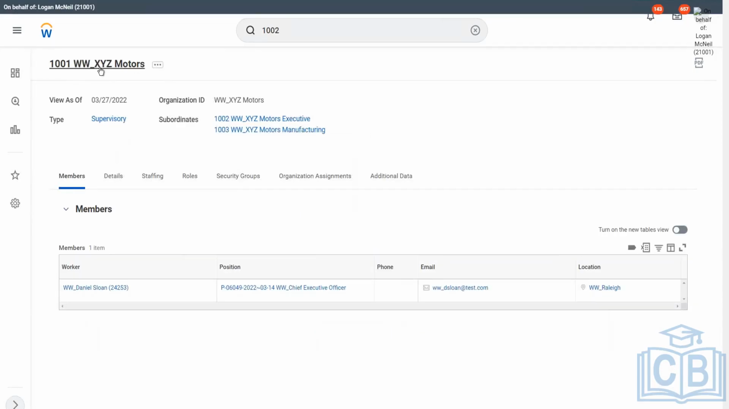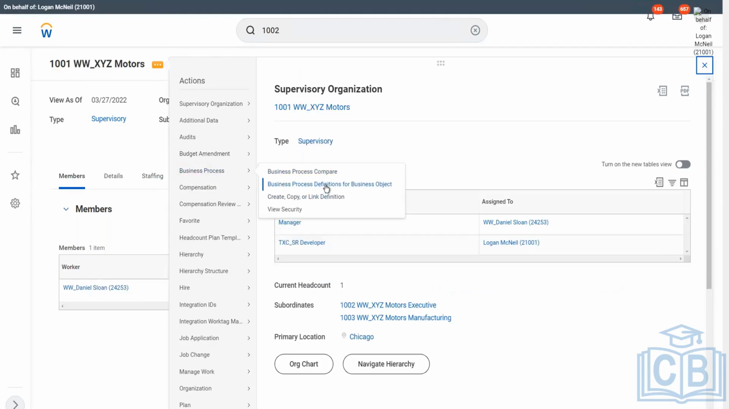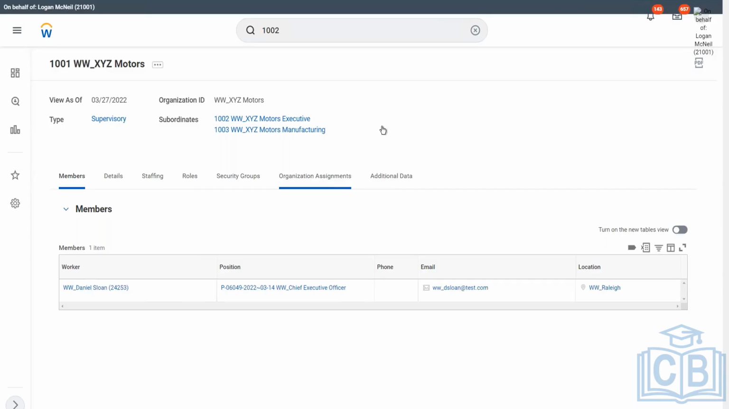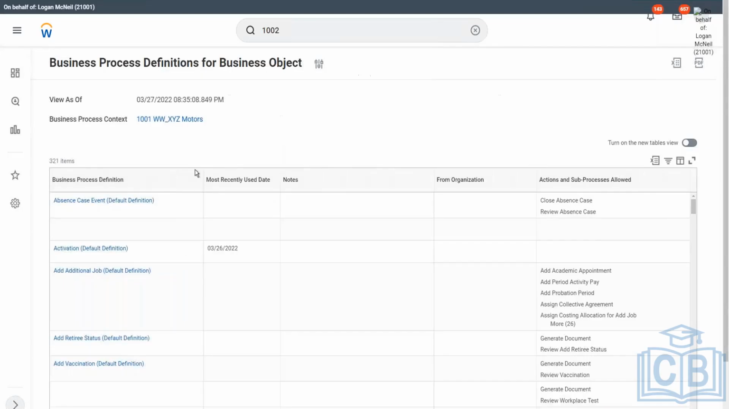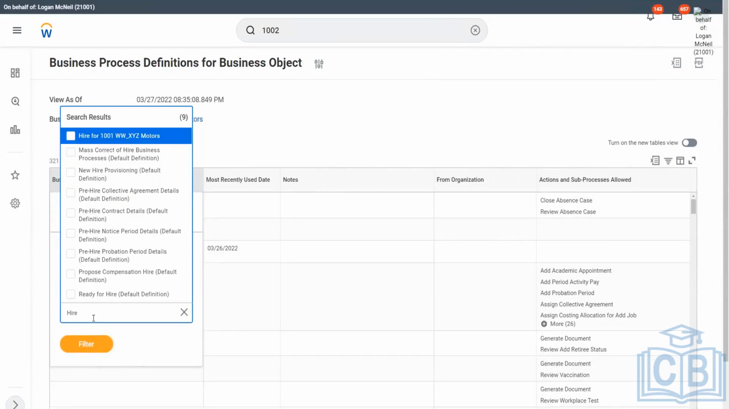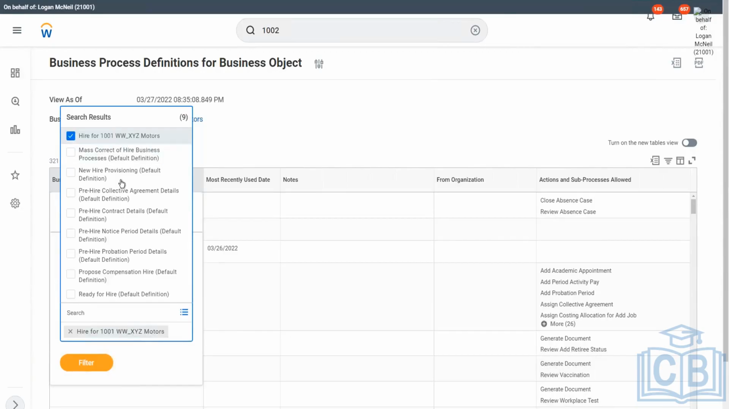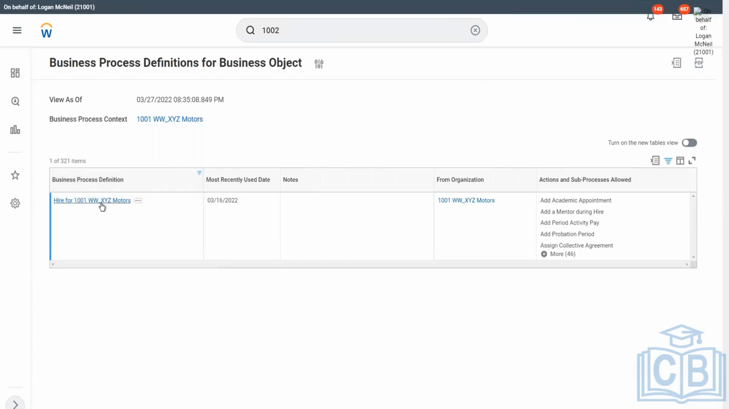I will go back to the top level organization, that is Kiss Motors, and I will go to business process. Business process definitions for business object, I will go there because I know for a fact that we have already created a hire business process definition. I will just check that. Hire for the 1001 XYZ Motors. We have already done this. As part of our second chapter, now we are going to enhance this existing definition and add the